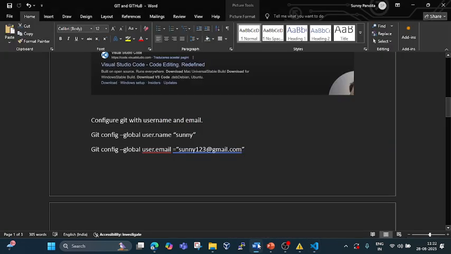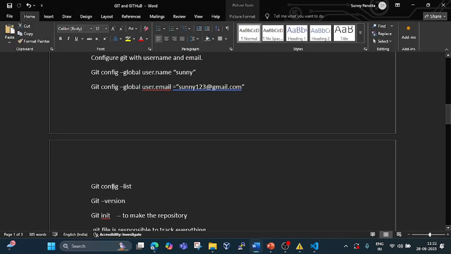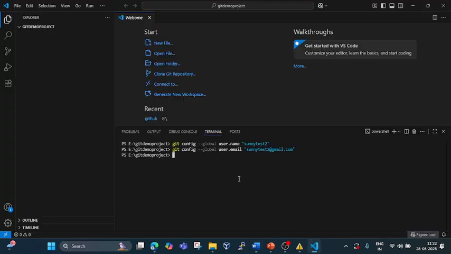And how can we check? For that also we have a command, which is git config list. So let's use this: git config --list.